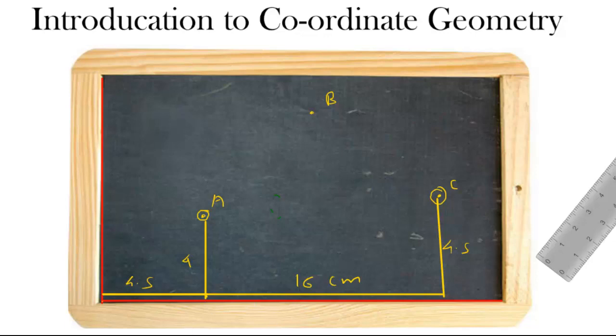So we can say that to reach point C, we will start from this intersection point of edges, or this bottom left corner, and we will travel along the horizontal axis first about 16 centimeter. Then we will travel parallel to the vertical axis or vertical edge about 4.5 centimeter. With these distances we can describe the position of C.